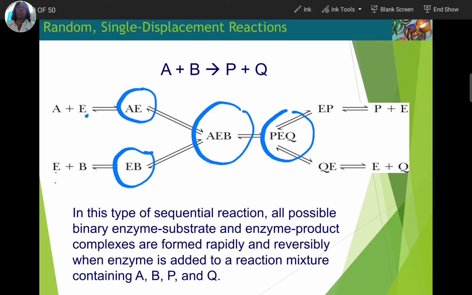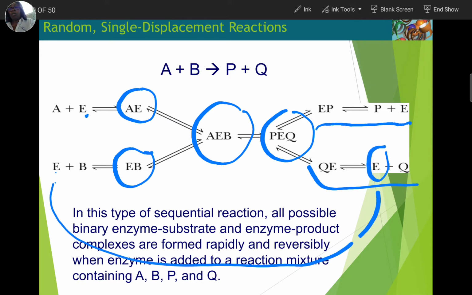Now remember that the goal was to release free P and free Q, and so we bring in a free enzyme unit, which is then able to pick off the P, giving us free P, the product, and enzyme, leaving behind the enzyme Q complex, which then can break down to release free Q. The enzyme is now available to go back